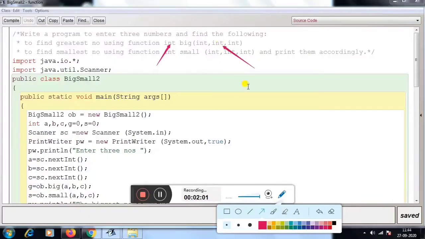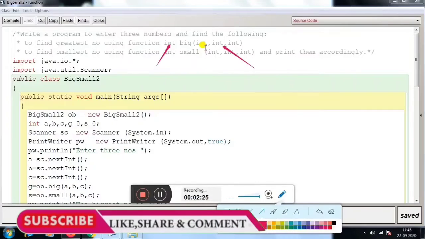If it is return type with argument, the output will be returned to the main function and the arguments will be passed from the main function. It means each and everything we have to do under the main function.